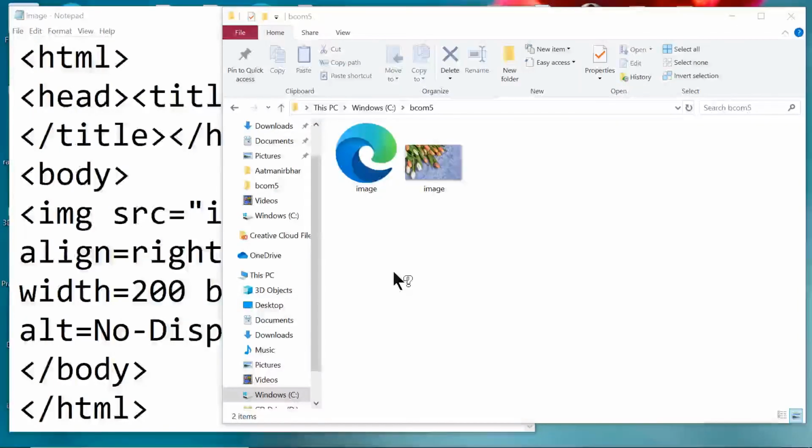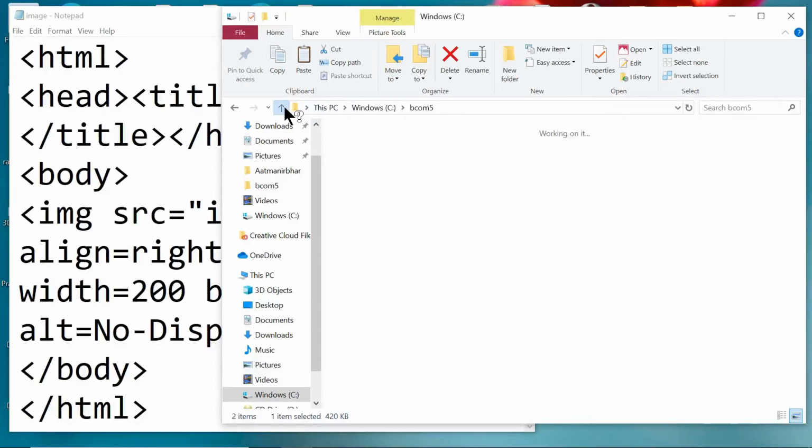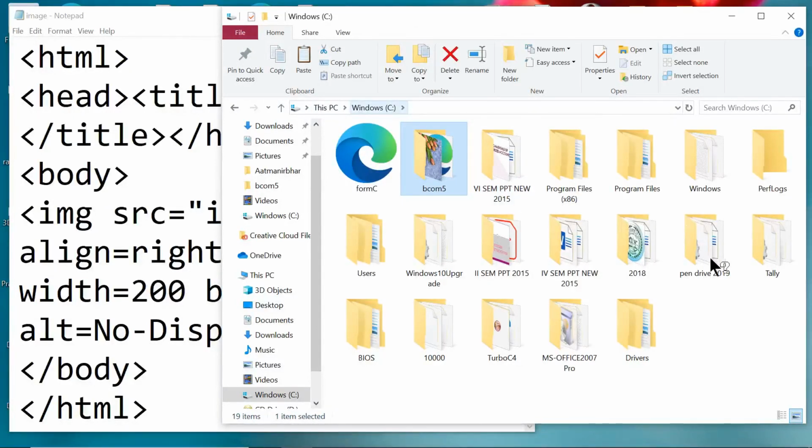Till now we have seen that both files, the HTML file and the image file, reside in the same location, that is C drive, and the folder is bcom5. Suppose the location of the image is changed to some other place, for example C drive.